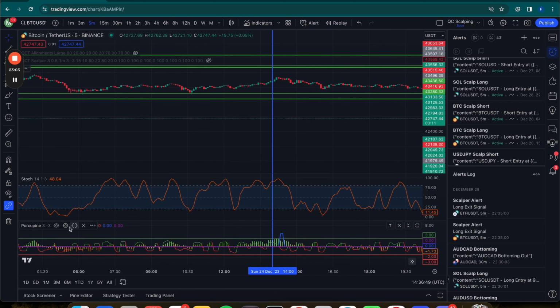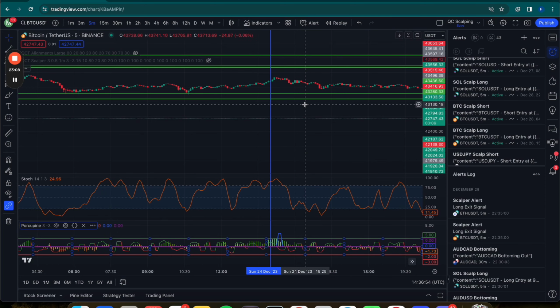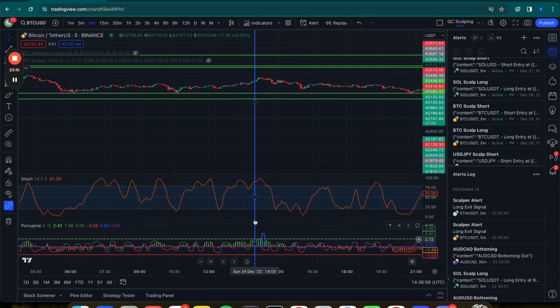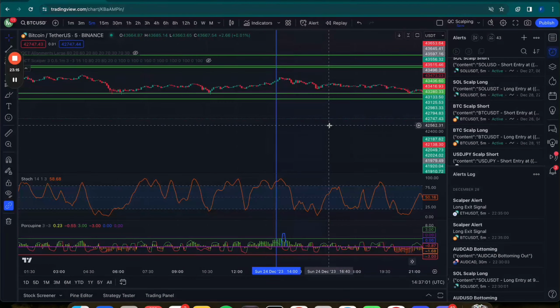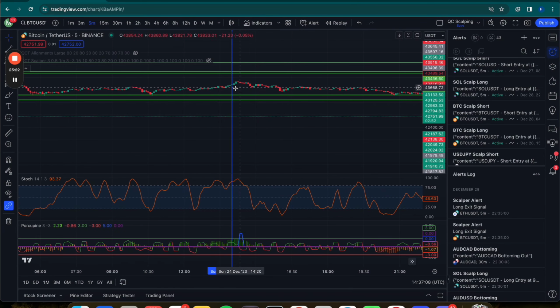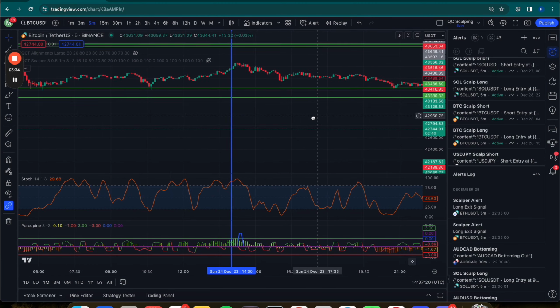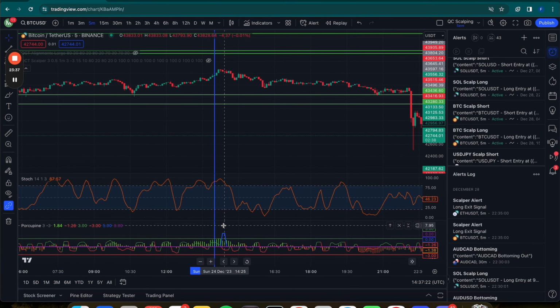Now, when you go into the Porcupine and go into the settings, you can adjust this threshold. The reason you can adjust this threshold is because you need different strengths of indicators for different coins, whether that's Bitcoin or crypto or Forex. We have that list of indicators, and everyone that has the indicator has the optimal settings for every single coin, which on Bitcoin, I believe, is a 2.5, something like that. So this is how the Porcupine indicator works.